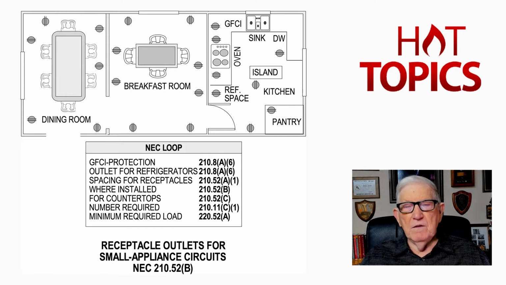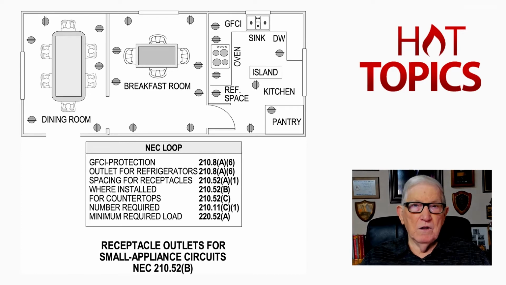So we pick up the kitchen, pantry, dining room, and breakfast room. Now in the illustration it's laid out: you have the kitchen, you have the pantry, then you go to the breakfast room, and then you go to the dining room. And sometimes the den may be included by electrical ordinances. You would need to check that out. But basically what this figure 10-11 is illustrating is receptacle outlets for the small appliance circuits in accordance with NEC